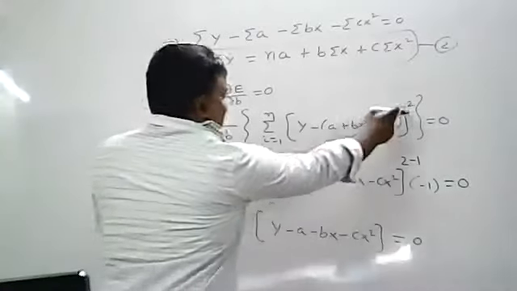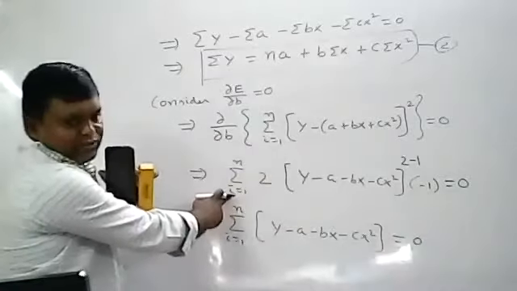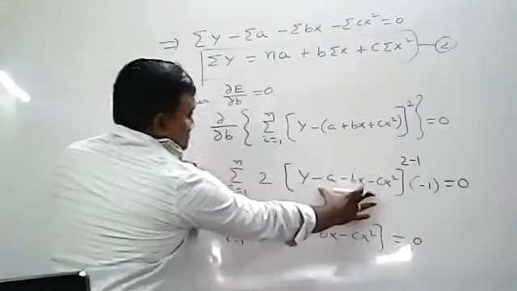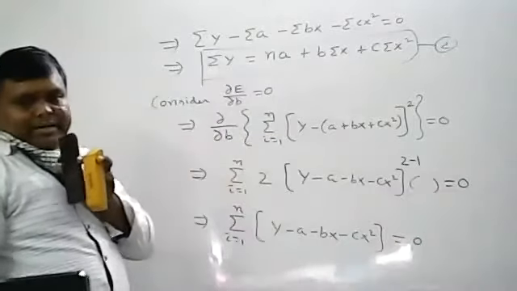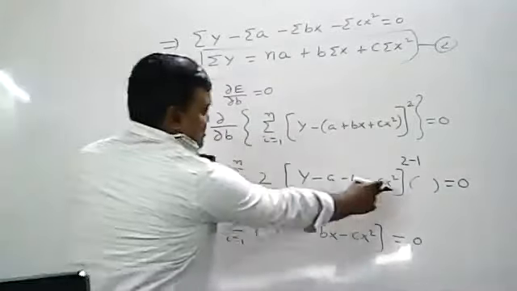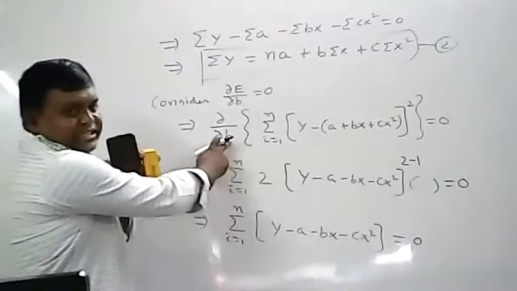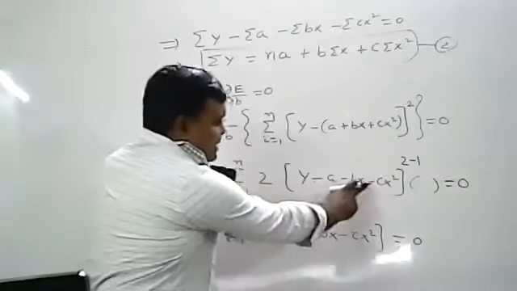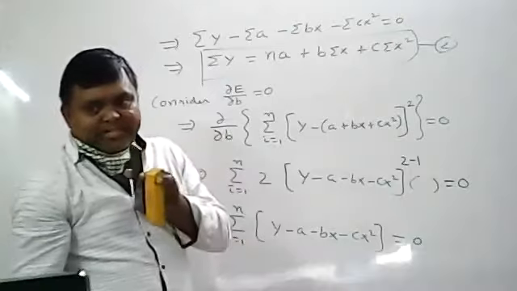Now see this one. Same concept. For x power n, the partial differentiation is n into x power n minus 1. Here 2 into, summation is a constant, summation i equal to 1 to n, 2 into x power n minus 1, the same values you will get. Now the only difference is with respect to b. Partial differentiation means wherever the b term exists, the remaining terms are treated as constants and their partial differentiation is 0.